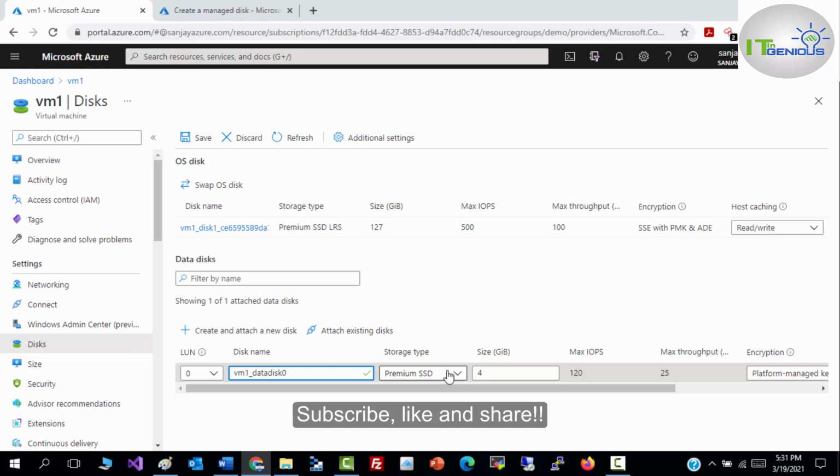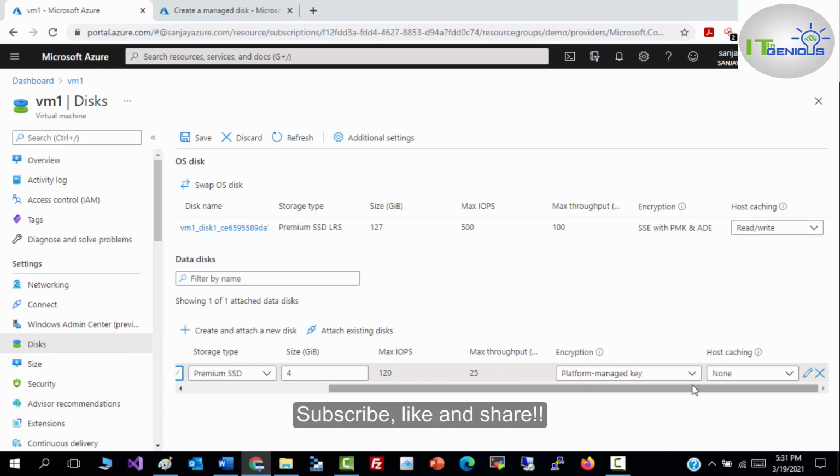If you use premium SSD, you will get better performance compared to the other storage types, so you will get better IOPS. For size, I'm going to use 4 GB for my virtual machine, and encryption would be a platform managed key. If you want, you can use your customer managed keys as well.